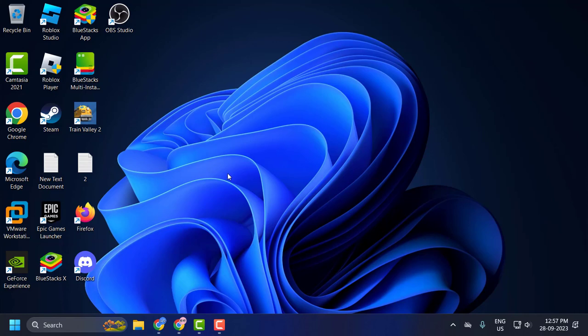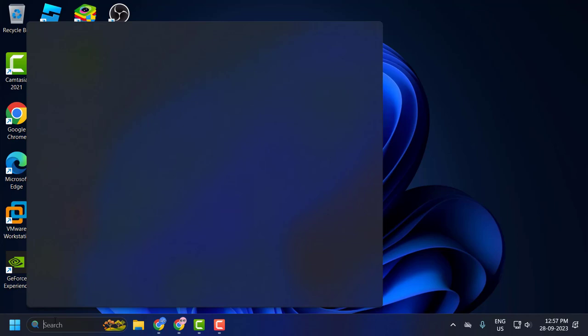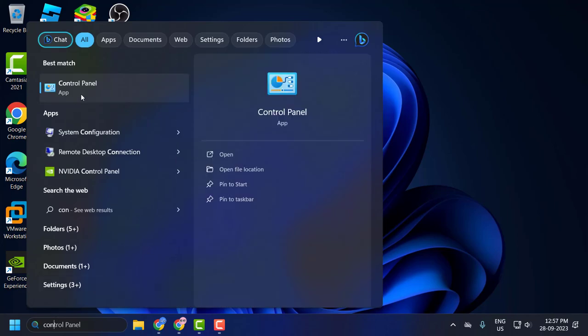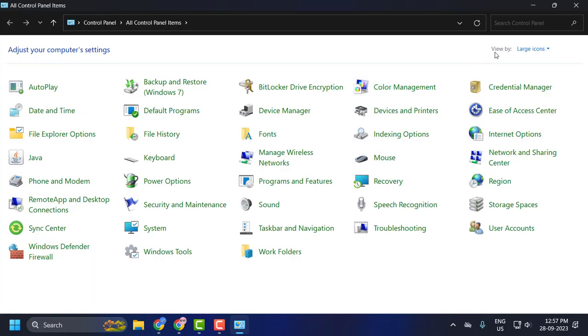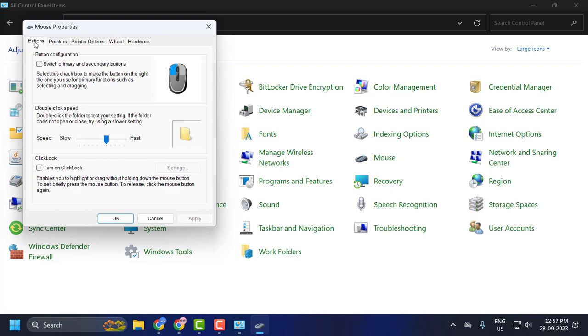Today we are going to see how to resolve it if your computer mouse does not appear to be allowing you to double click, or it's not functioning. Let's fix it guys. Go to the search menu and type control panel. Click on open it guys. Click on view by large icons and you just need to select the mouse, and in the buttons tab,